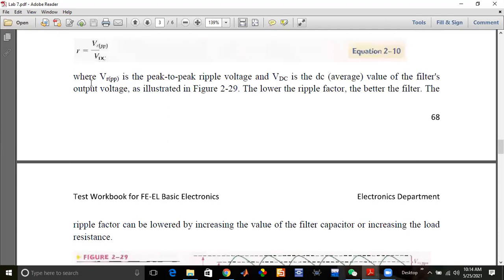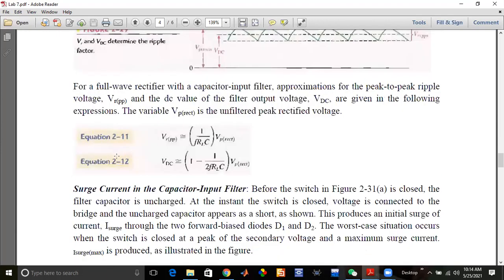Then we will divide, so we will calculate the R. For VRP, it is 1 over F R_L C. C is the capacitor used for filtering, R_L is the load resistance, and F is the frequency. If this is a half wave rectifier, then input and output frequency will be the same. If this is a full wave rectifier and the input frequency is 50, then you will write F as 100,